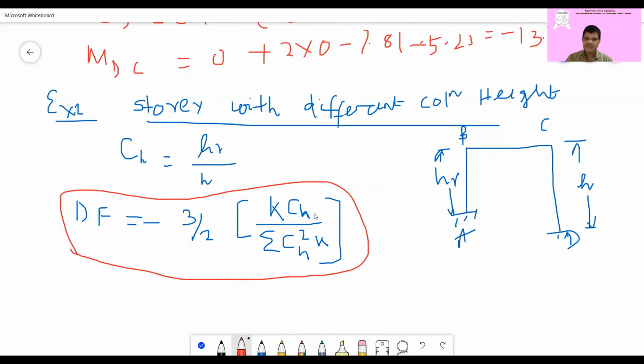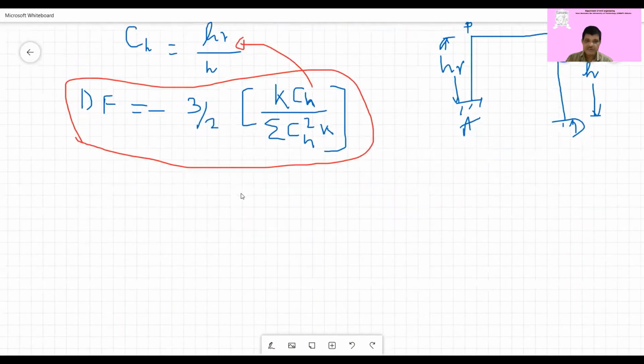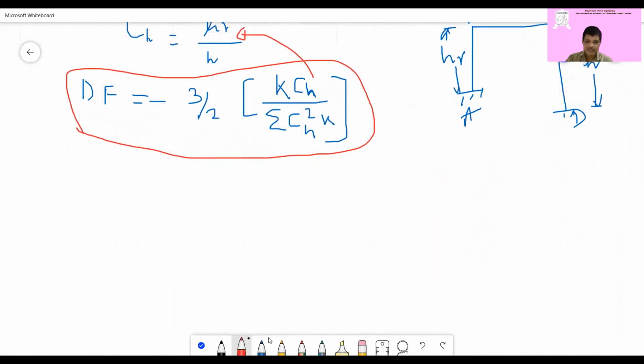So KCH, what is CH? CH is equal to HR by H, the relative height. The larger height is H, the smaller height is known as HR. So we can calculate CH is equal to HR by H. With this, we can now calculate the displacement contribution. Now the displacement contribution will be different, and the displacement contribution is equal to